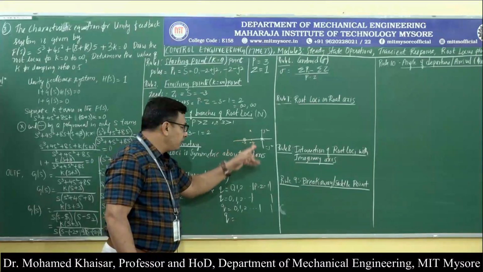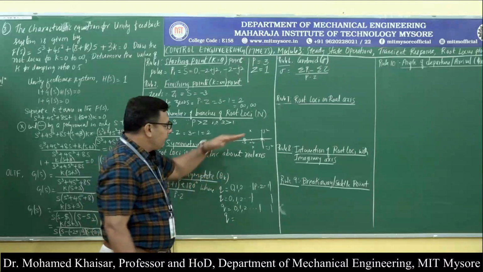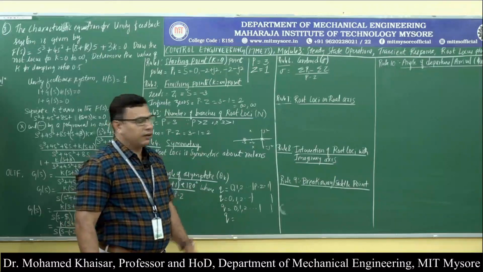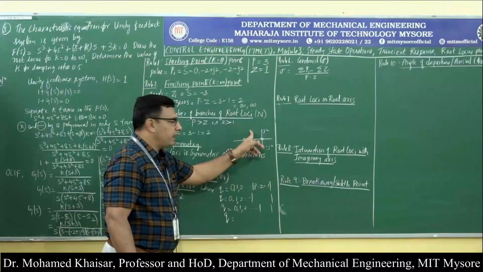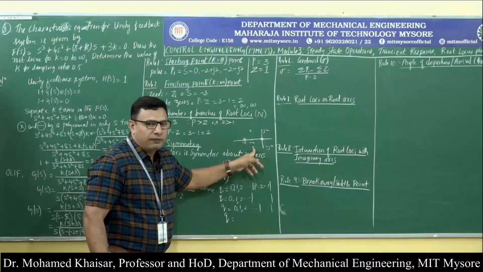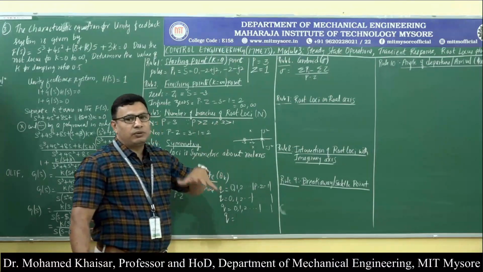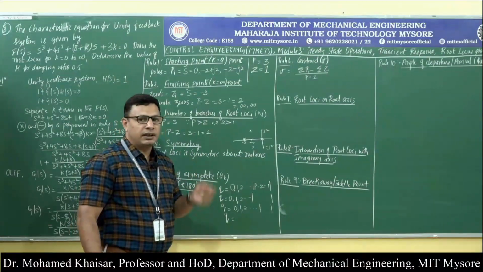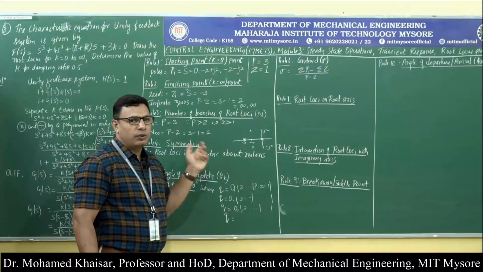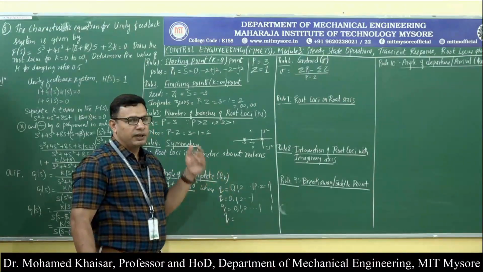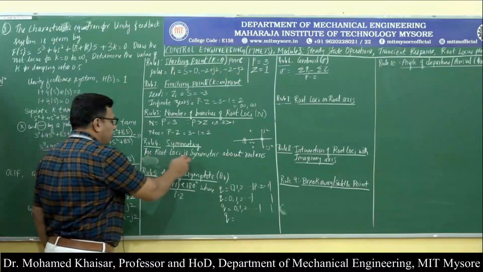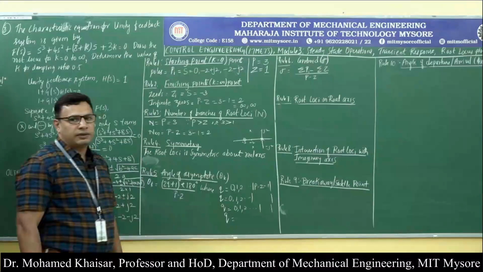In spite of these two poles lying off the real axis, if you measure their distances from it, they will be at equal distances. Above the real axis, one pole is located at j2, and below the real axis, the other pole is located at minus j2. So even though two complex poles are there, they lie at equal distances from the real axis, one above and the other below, because of which the root loci will be symmetric about the real axis. That means the axis of symmetry is going to be the real axis. This is why we write that the root loci is symmetric about the real axis.